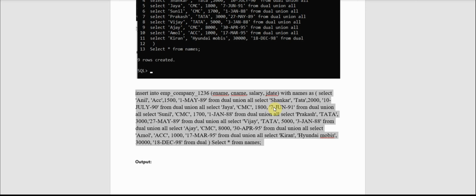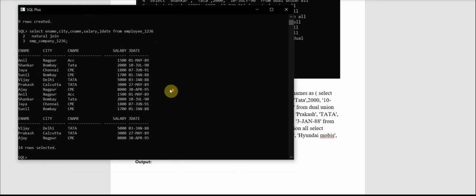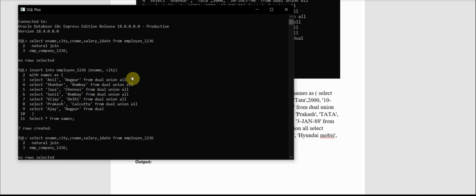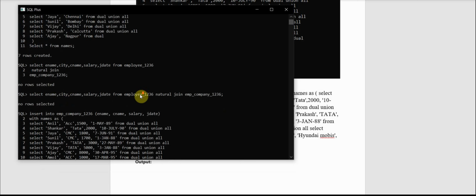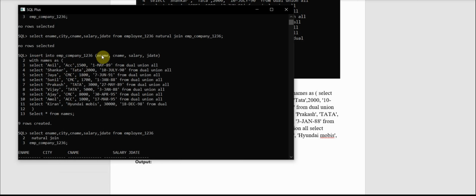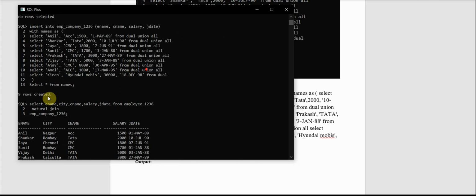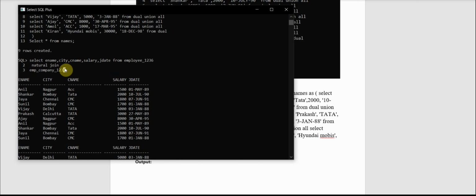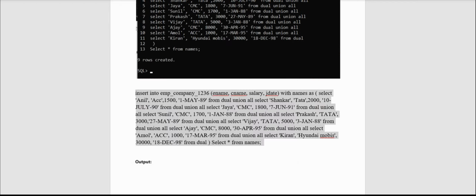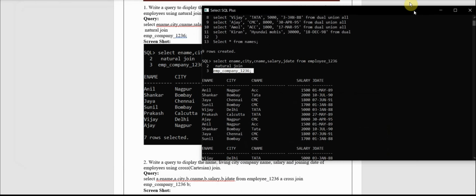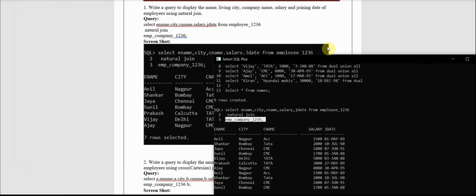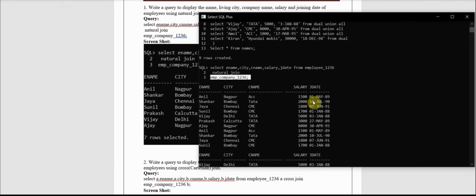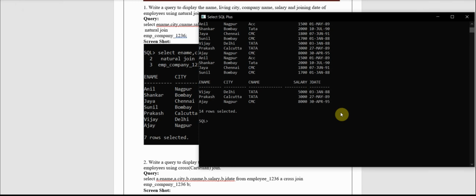It took a little time to take the command from Google Classroom. I did nothing else, you can see here clearly. Here I have created, and it shows no row selected and no row selected. Now I have inserted all the details into the employee tables. So 9 rows are selected. Now the same command I did here, what I selected here. It's the same command, you can see it here. We got the output here.